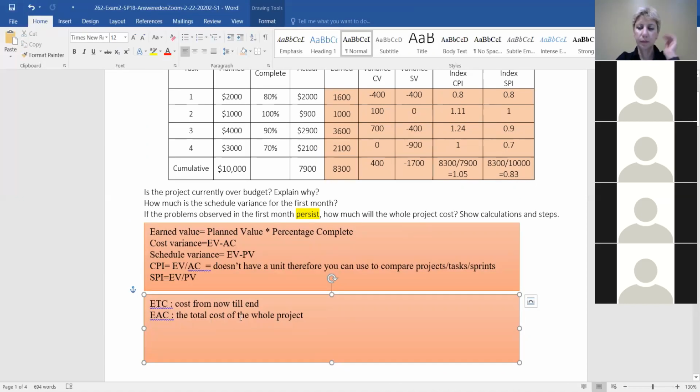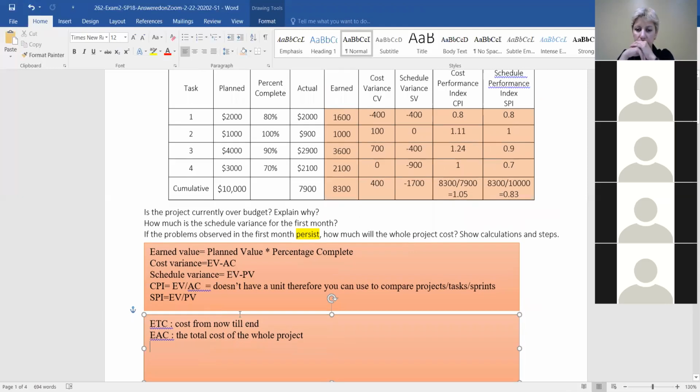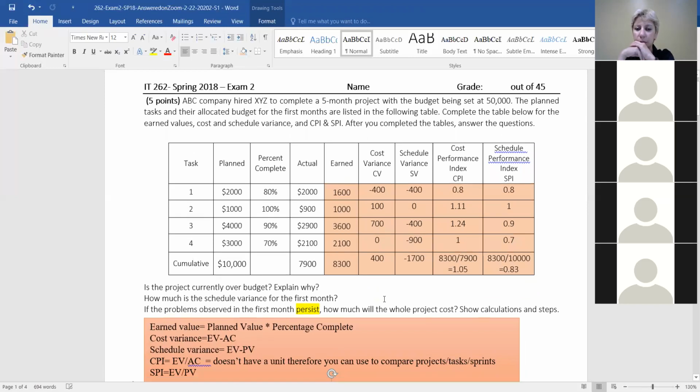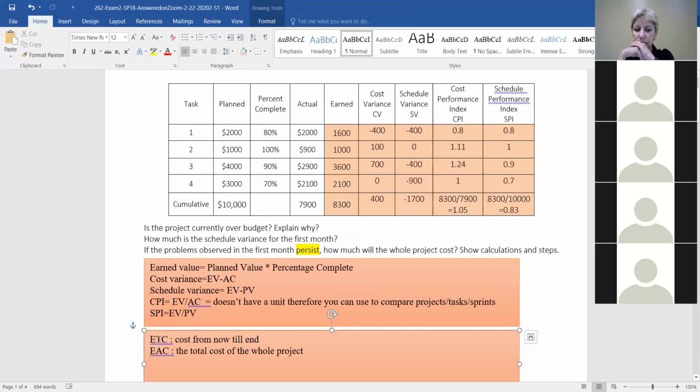Let me know. This is a 50K project. So to calculate ETC, you would just need to take